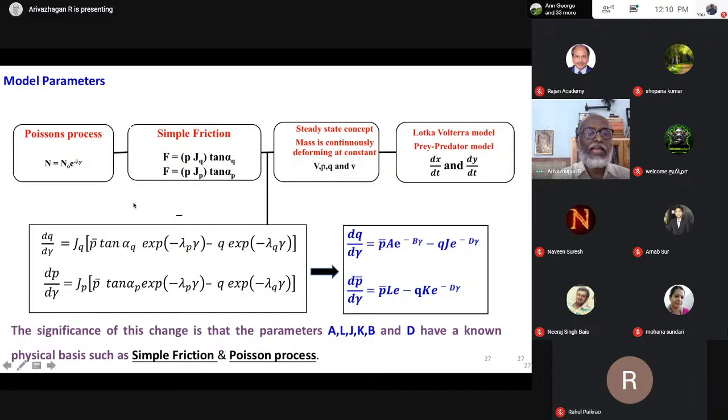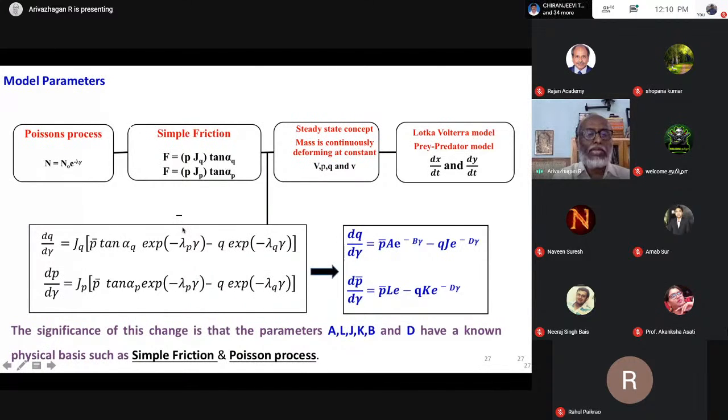See here, the simple friction, the steady state concept, the dx by dt. So I combined the four concepts like this. Now I formed an equation. So I generated dynamic system based model equations here. If you see this one, it becomes very complex. Therefore, to reduce the complexity, I'm going to replace some terms.